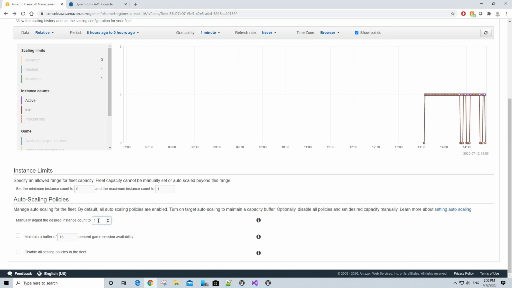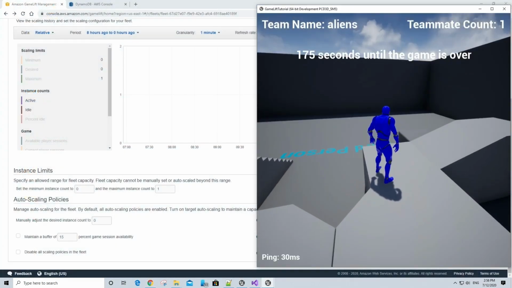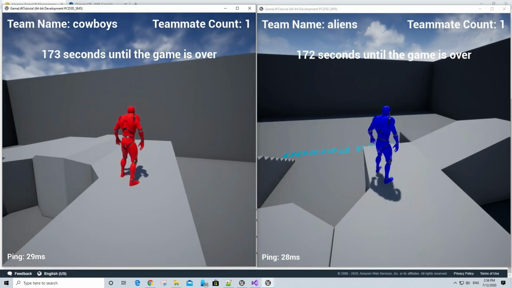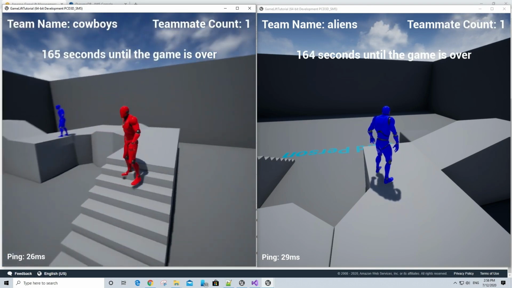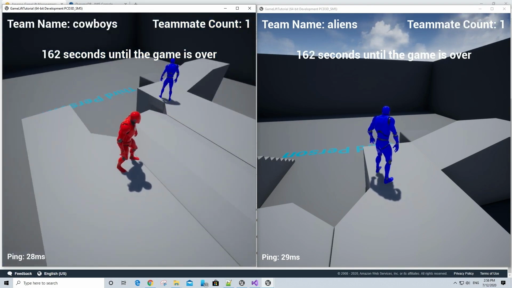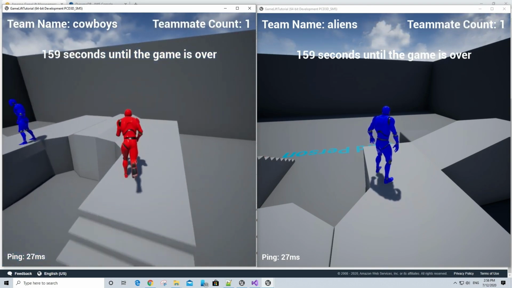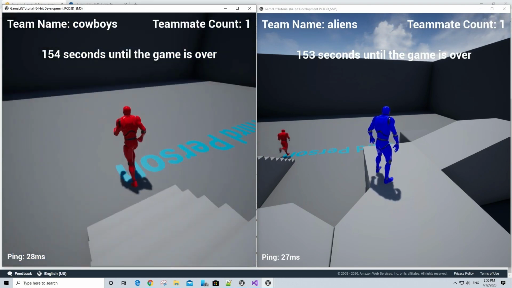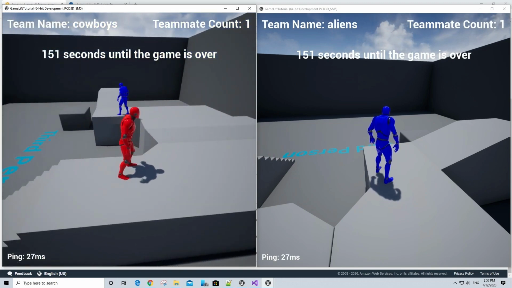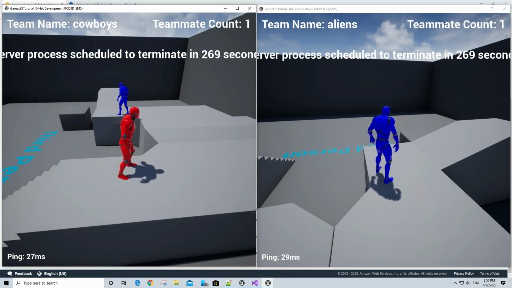So let's change that number from 1 to 0. And then click on the check mark button to save your changes and simulate a server process interruption via a fleet scale down event, because that's what we're doing. We're scaling down the number of instances in a fleet manually, and because we don't have full protection on, this server process should be scheduled to terminate. If you did have full protection on, then even in the case of a fleet scale down event, the server process would keep running until the